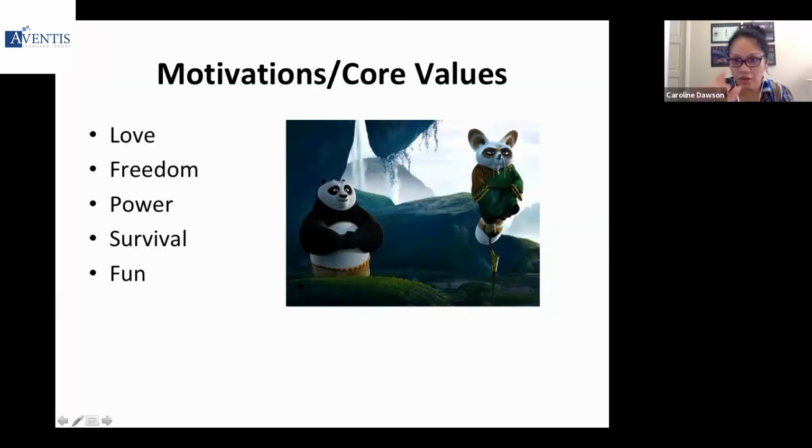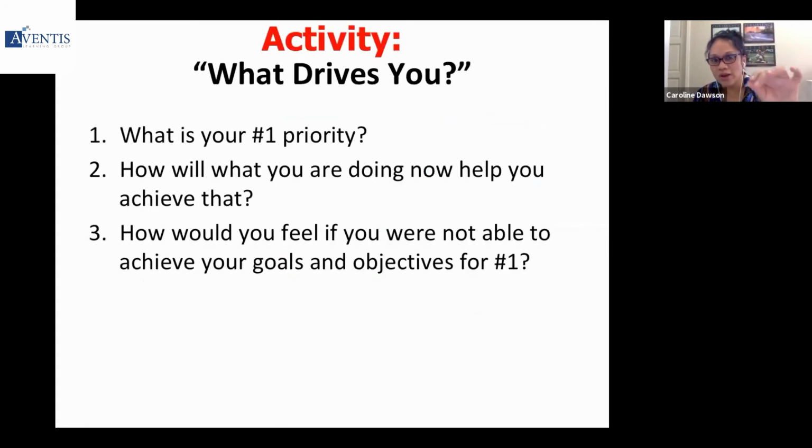Everyone, I want you to have a look at this, okay? First of all, it's important that you take note of these 5 words. Have you done that? Give me a thumbs up if you've done that. Okay. Now, this is the instruction for the next activity, which I'll break you all up, okay? What drives you? What is your motivation to do the things that you do? Now, I've got questions there for you, all right? Please take a picture or do a screenshot or quickly write down the questions. I understand I saw in the group chat some of you all have got some technical issues. So I'll just leave it there for a while.